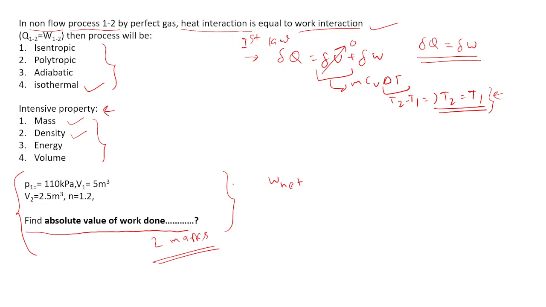So if we say cycle, then what is the difference? For a cycle, for all processes, it would be correct, meaning heat interaction should be equal to the work interaction. Because for a cycle, anyhow you are starting from one place, you finish the cycle and come back here. Again you are reaching the same place, right?